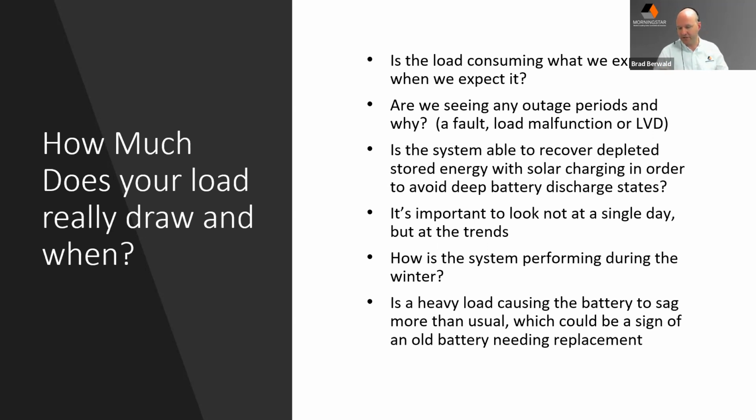The batteries are stressed because of the cold temperatures. Their capacity is not the same. The array might be happy because of the cold weather, but because of the sun angle and the fact you can't adjust the tilt, it may not be producing quite the PV output that you expected. So checking that wintertime performance is also very important.